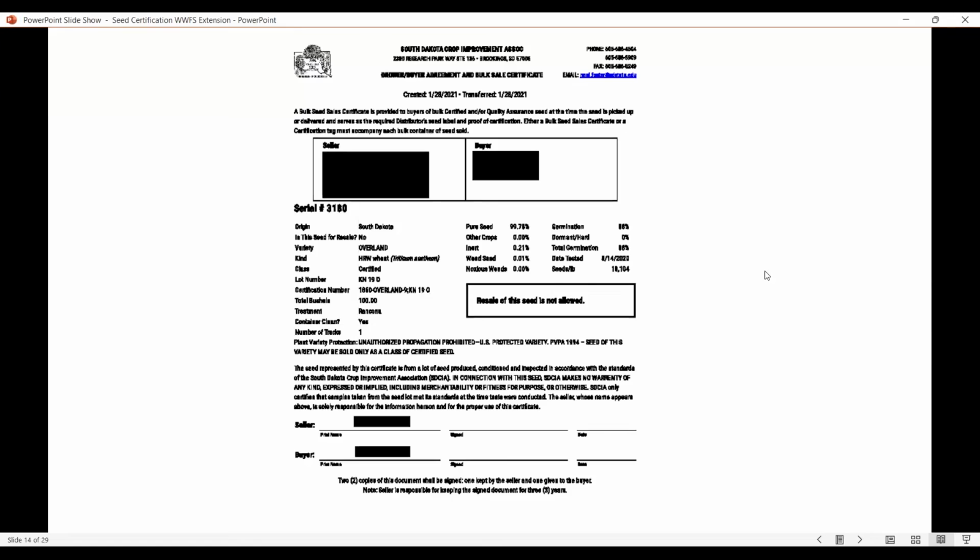After the testing and labeling is done, if the grower wants to sell the seed in bulk, he can go ahead and log onto our computer system and use our bulk sales certificates. This records everything that is required to be on the tag, plus it has the name of the buyer and the seller and the amount of seed that's been purchased. This helps greatly in our record keeping. It also helps the growers keep a running inventory of what they have available for sale.